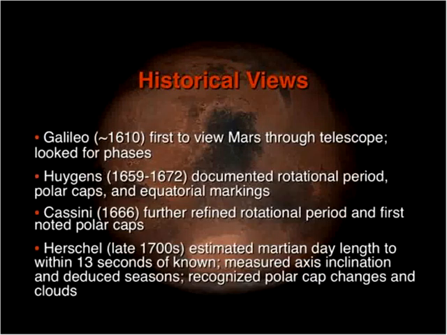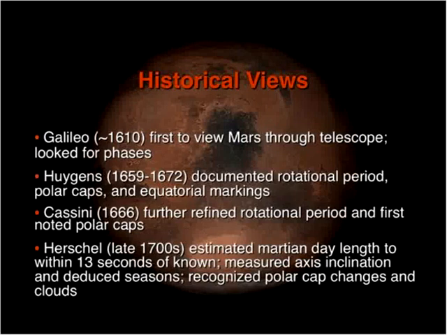But let's now move on to how the exploration of Mars began. Before there were telescopes, all we could do as humans was look up into the night sky and see a little red dot. But with the advent of telescopes in the 1600s, astronomers began to turn those telescopes to Mars and look for different features. Galileo was really the first astronomer credited for looking at Mars through a telescope, and he was looking for the phases like the Moon and Venus have, but on Mars it's really difficult to see those.